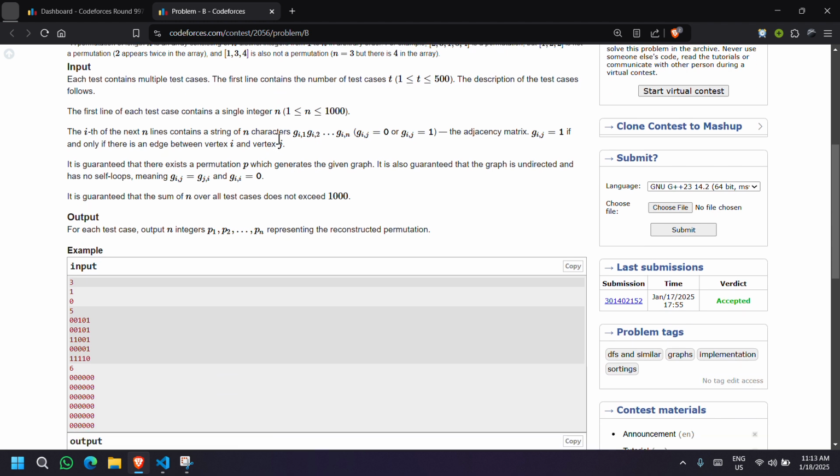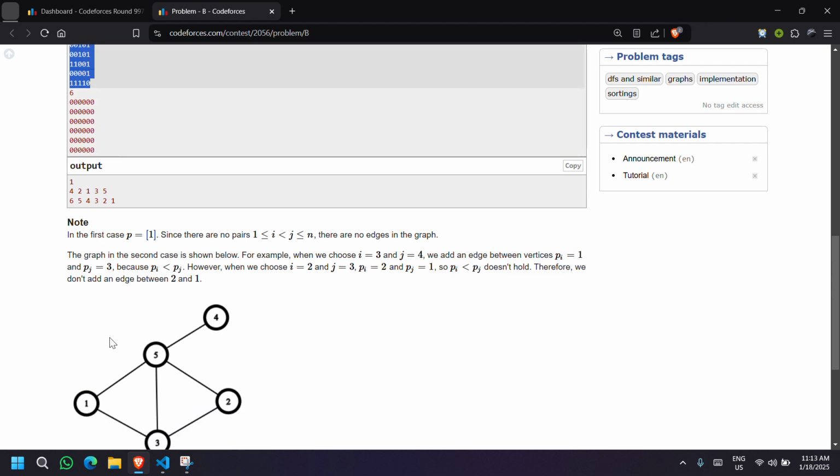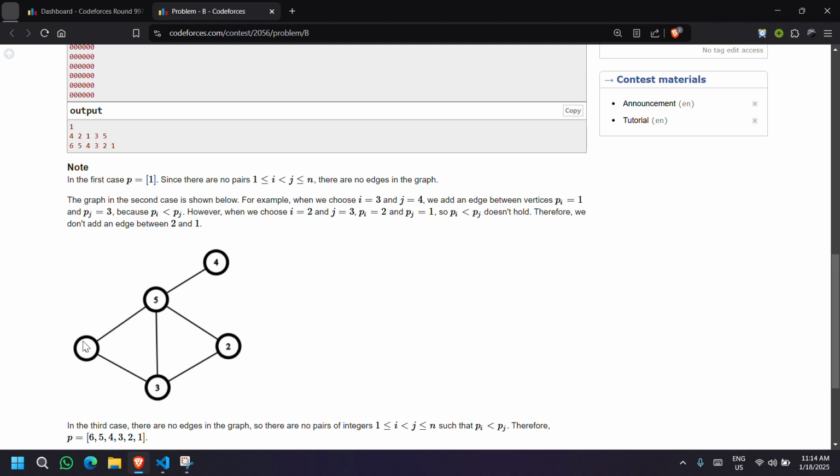First, let's see the sample. It is provided in the form of an adjacency matrix. Here is the graph for this. You can see that an edge is connected between 1 and 5 because 1 is less than 5. 1 is connected to 5, which means that 1 comes before 5.